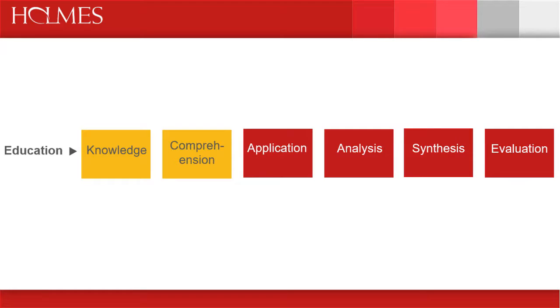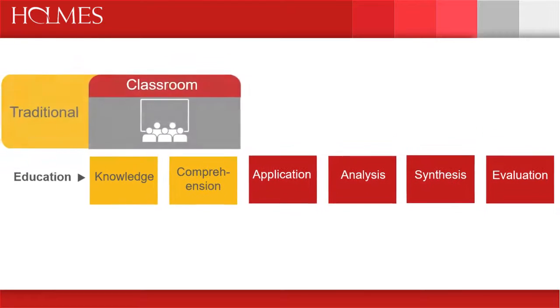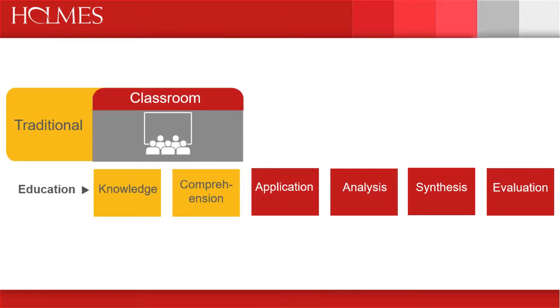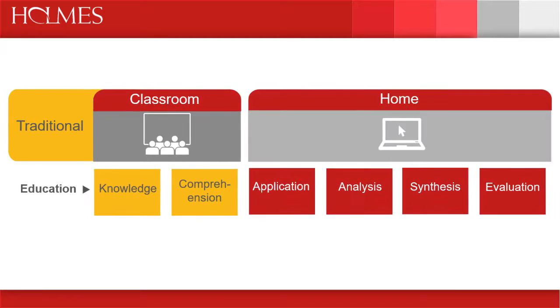Our aim is to support your learning from the basic levels of comprehension through to higher levels of critical analysis in the most effective and expedient way. This is where the flipped classroom approach is effective. In a traditional classroom, you're presented with knowledge, and as a student you're expected to display a level of comprehension of that knowledge. Then you're given tasks to do outside the classroom that require you to conduct critical analysis in